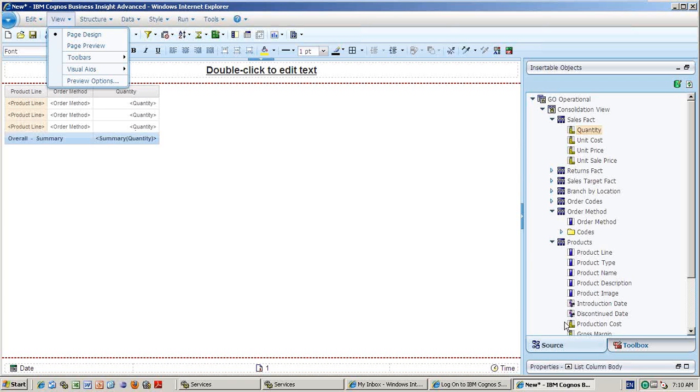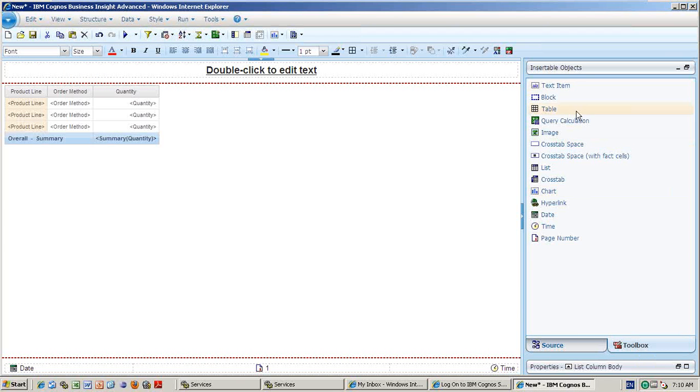That's the basic disadvantage. And in the toolbox, same thing. You can take the table, query, and character, but only some functions are available, not like the entire Report Studio. Hyperlink, chart, crosstab, page number, and all those things. Any questions here?